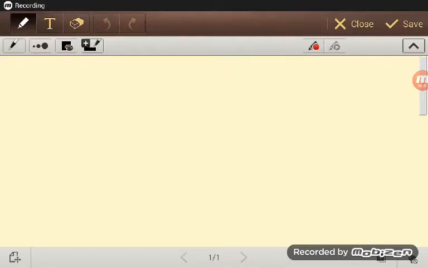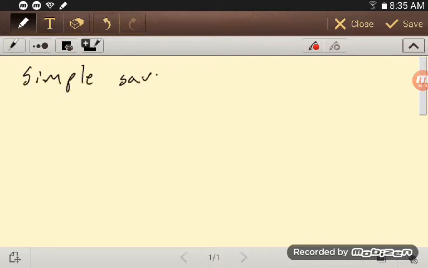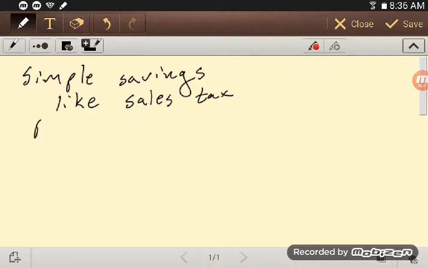Alright, now we continue with the bank transactions. Now we're just going to look at simple savings. So here is simple savings. And just to get an idea, this is like sales tax. So in this case, what we do is we put